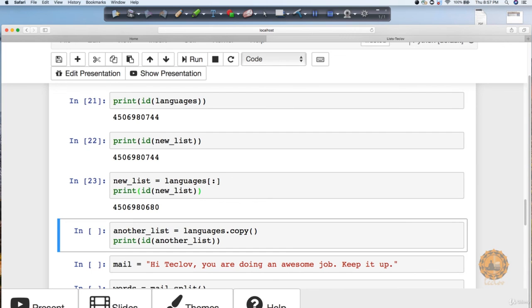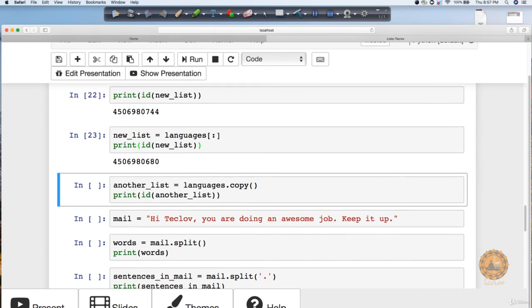Now one interesting point which I want to show you here is, let's say you do not want two list variables to share the same memory address, then what should you do? You should not be assigning in that case. Instead, what you should do is use this copy. If you say copy, it is going to copy the same values. Basically, it's going to create a copy. It is not going to share the same memory address.